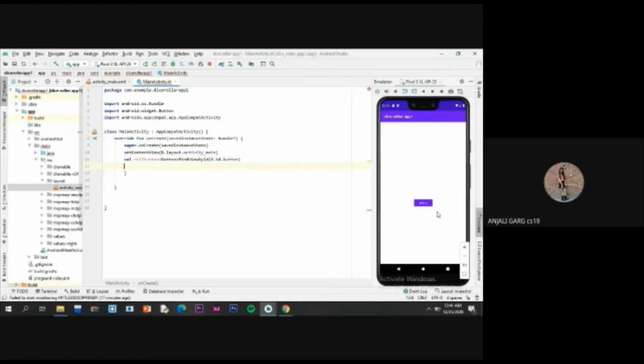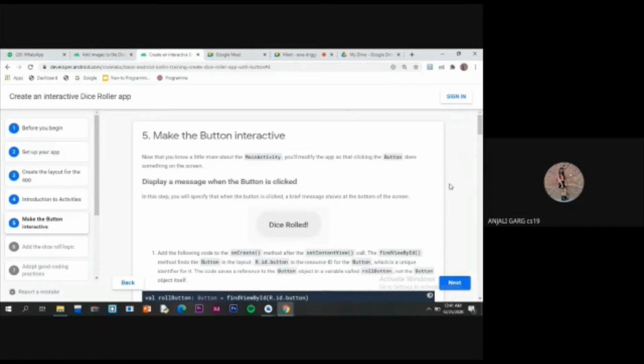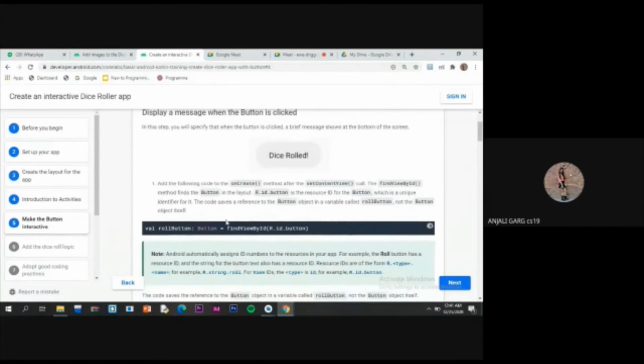Okay, so finally we have declared a roll button. Now let me show you this code in the code lab. So this is our code lab to make the button interactive, and here is what I have written in my main activity.